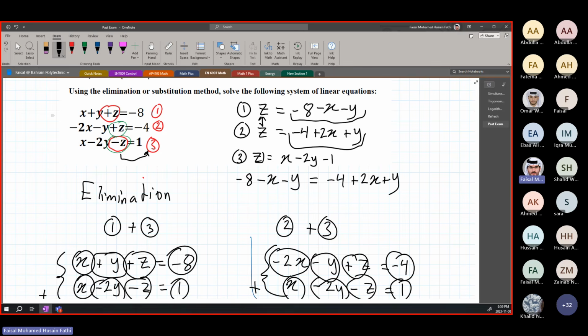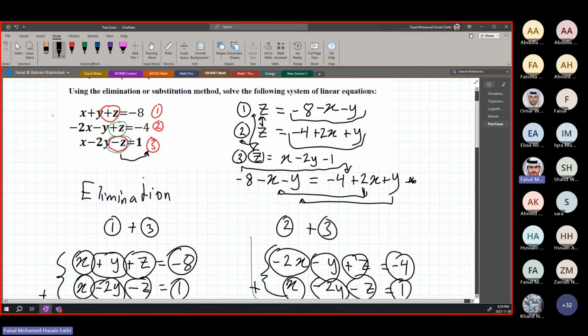And now we will equate this z with any of these two, either 1 or 2, so that we get another equation which has only x and y in it. Of course, afterwards you have to arrange it: in this example we put all the x and y on one side and the coefficients on the other side. So the 2x goes here, the y goes here, and the minus 8 we move to the other side. So equation 4 in this case will be: minus x minus y is minus x plus 2x, which gives minus 3x, because this will become negative. Then minus y plus y gives minus 2y. If we move the 8 to the other side it becomes plus, so 8 minus 4 equals 4. This is our first equation.